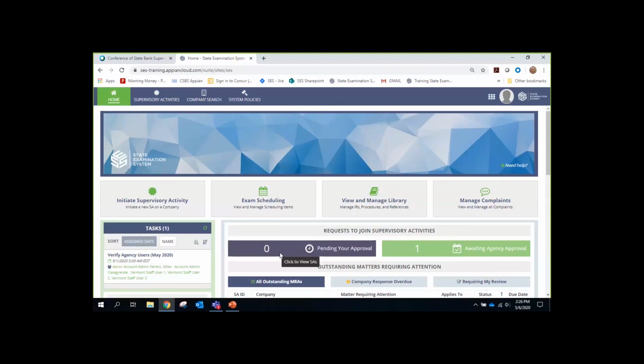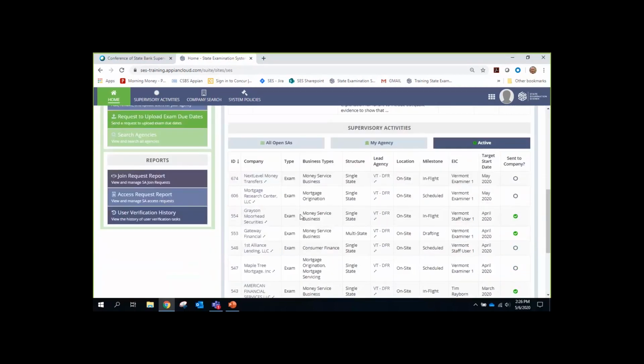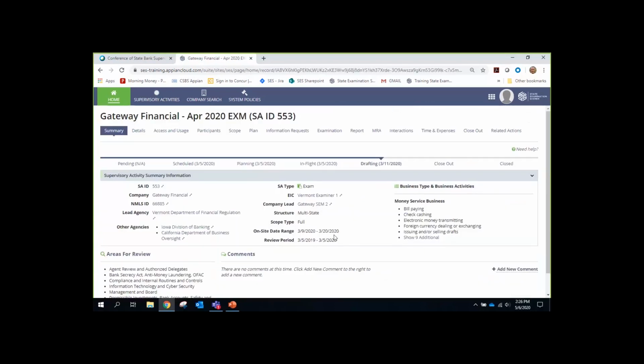So to do that, I've signed back in now as Vermont staff user, because I am a reviewer role on exam number 553, Gateway Financial. So let me open up 553, and the use case here is that I want to see how my examiners are doing on this exam, and in particular, I want to take a look at their procedures and see what kind of comments they are putting in and see how they're coming along with the completion of their procedures. So I open exam number 553, I hop on over to the examination tab,